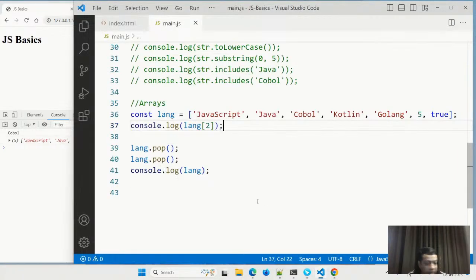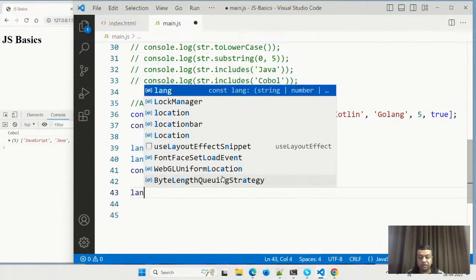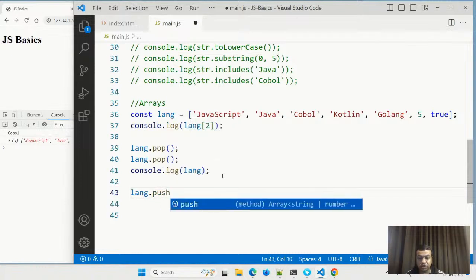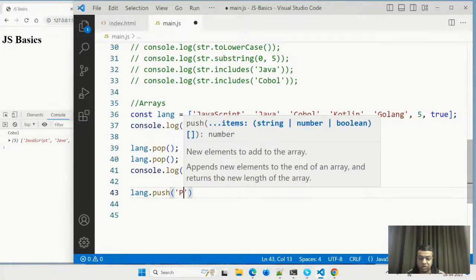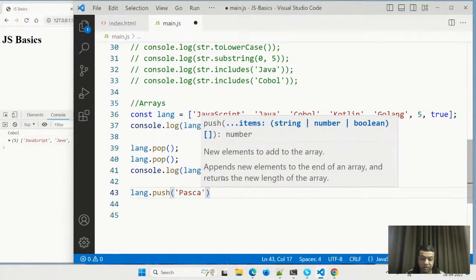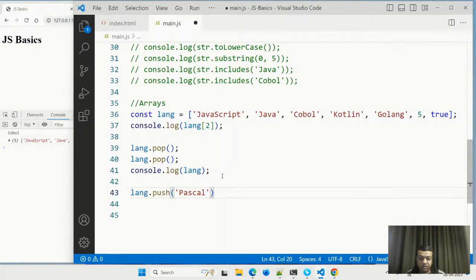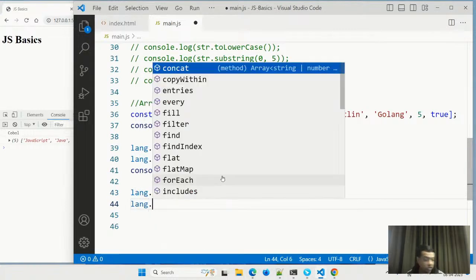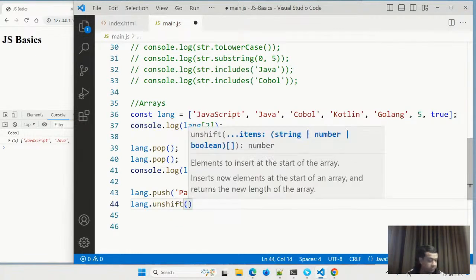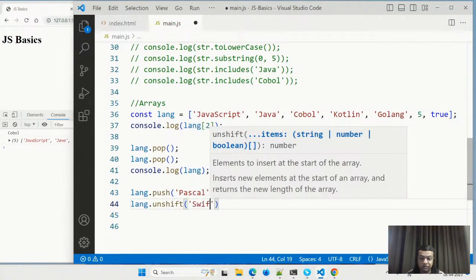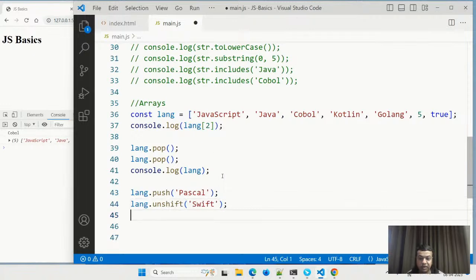So this is pop. Like pop, there is push and unshift. Push pushes to the end of the array, unshift pushes to the start of the array. So let us do that. Lang dot push, and language called Pascal I'll do, and lang dot unshift, and Shift I'll do.